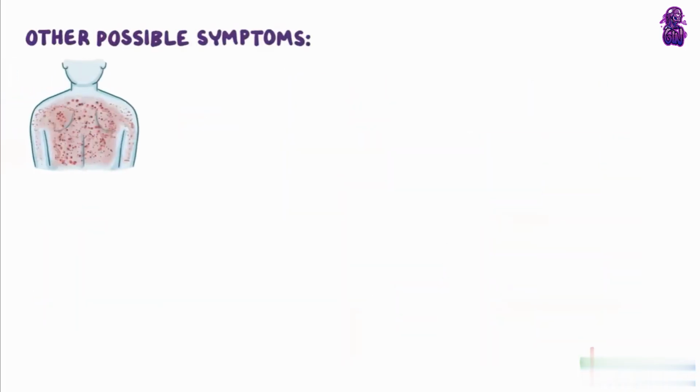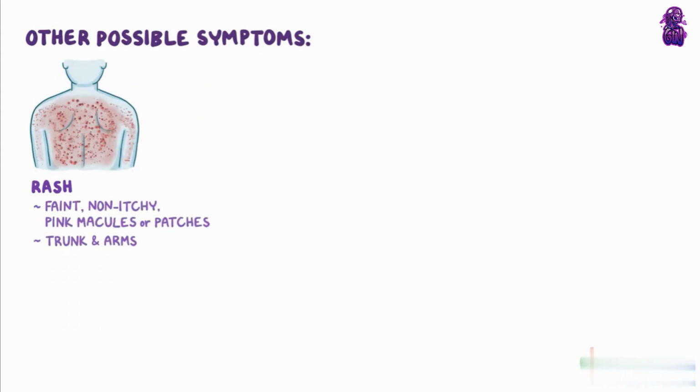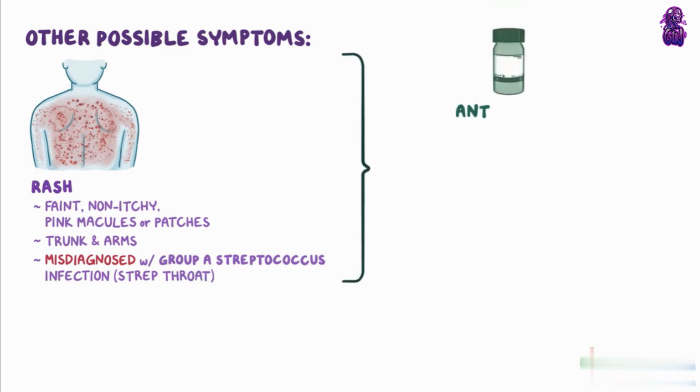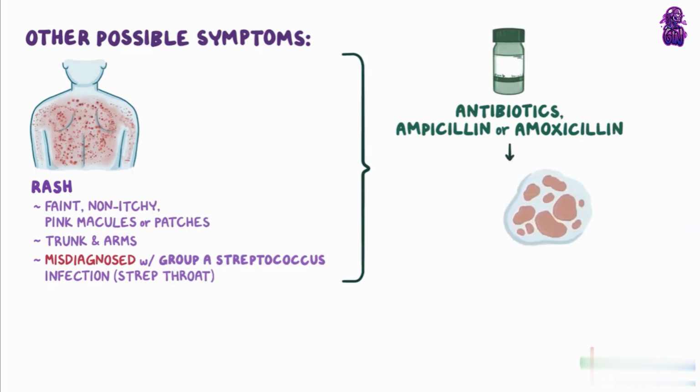Another rare symptom of mono is a rash, with faint, non-itchy pink macules or patches that show up on the trunk and arms. A different type of rash that can be similar to this can occur if an individual with mono is misdiagnosed with a group A streptococcus infection, more commonly known as strep throat. In this case, the person is given the antibiotics, ampicillin or amoxicillin, and for some unknown reason, they develop an